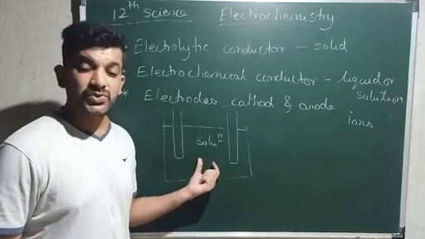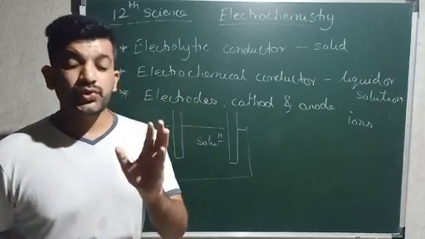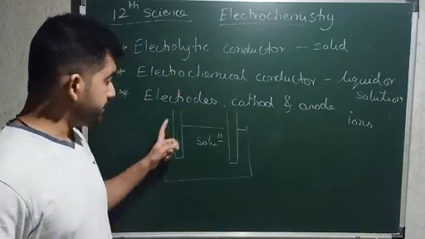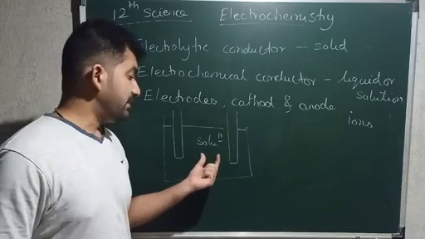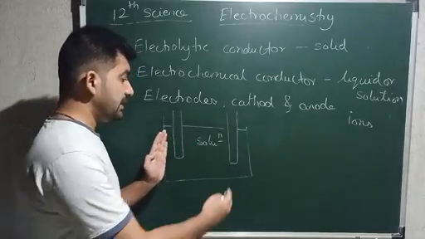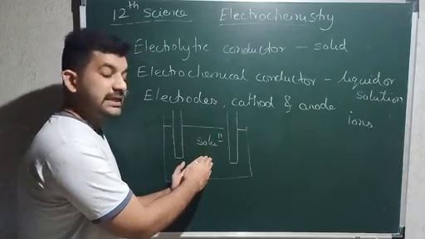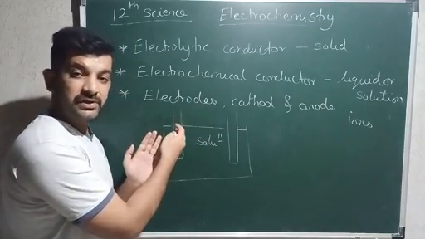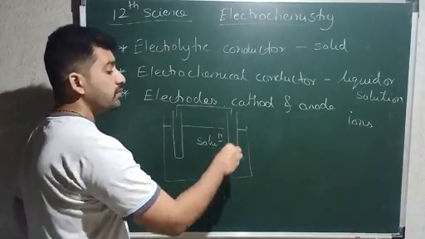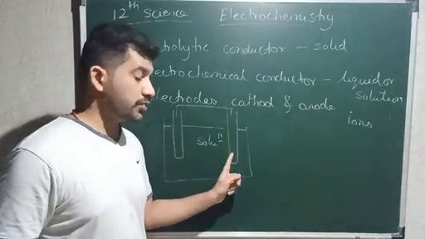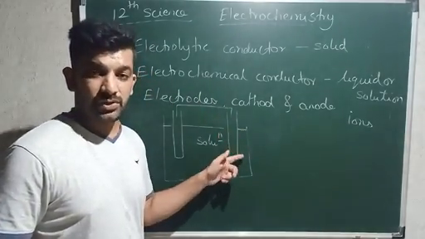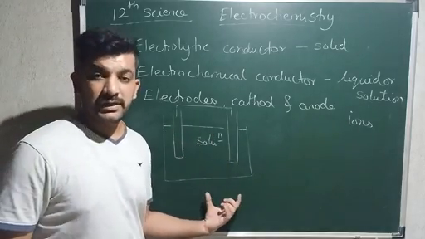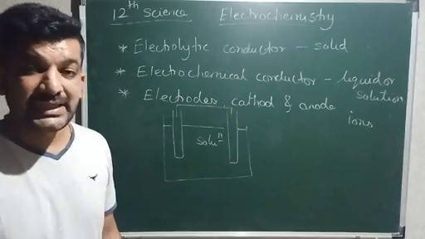They can interact with the solution, and they are the source or the surface through which electrons are transferred throughout the solution. In an electrochemical cell, there is a possibility that these electrodes might interact with the solution. These electrodes are the surface available for the electrons to move through the electrical circuit and go to the next electrode, the next rod, and there is a circuit completion where there is transfer of current. These are what are known as electrodes.